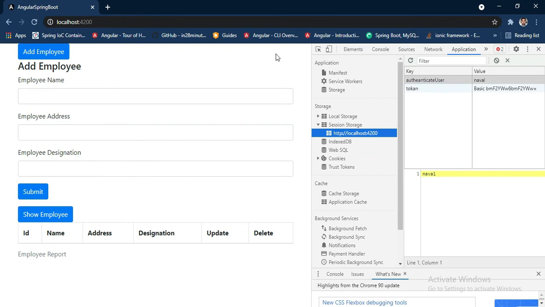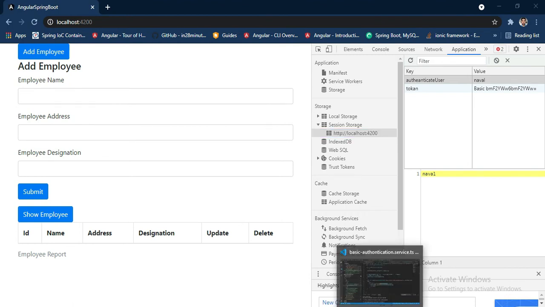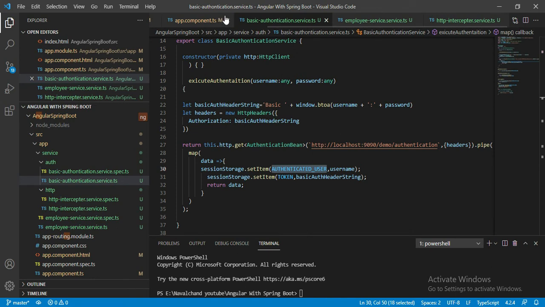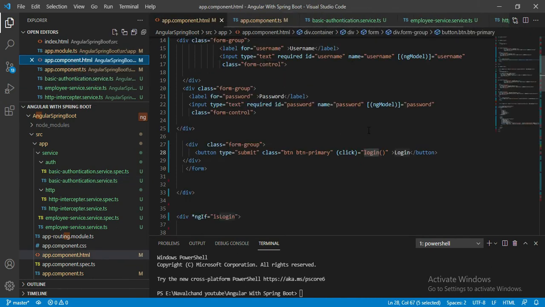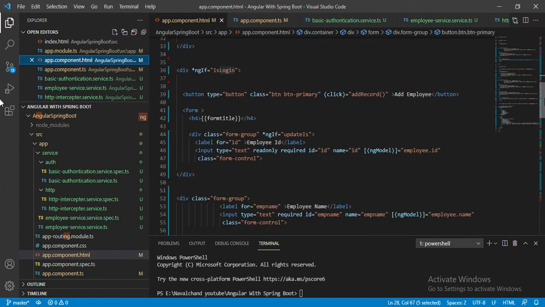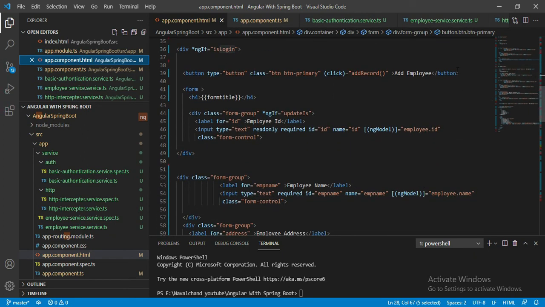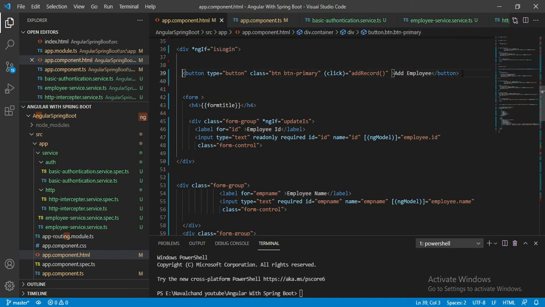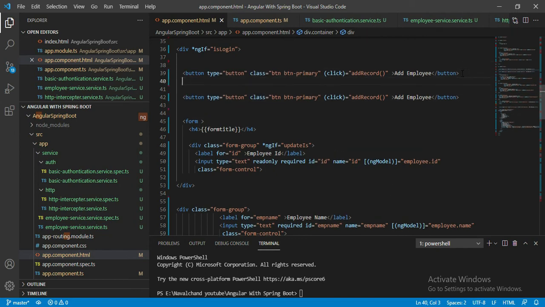Now I have to add here logout button. Let's add that logout button. I'll simply open this HTML file. Where is our app component.html file? Let's open. Is login. I'll simply copy the same button, add here and add here br tag.